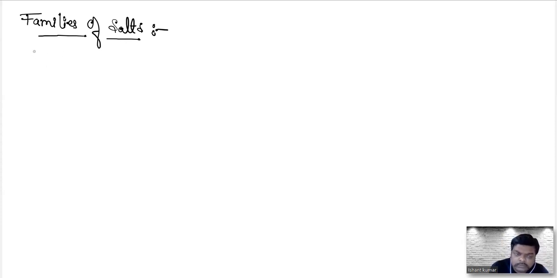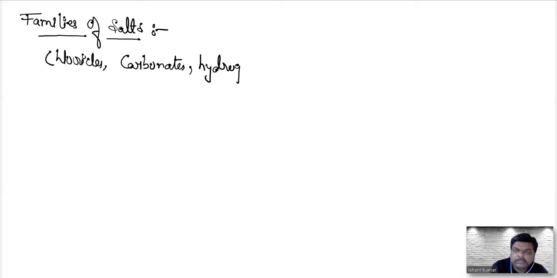So the families of salts can be chlorides, carbonates, hydrogen carbonates or bicarbonates, which we call bicarbonates,